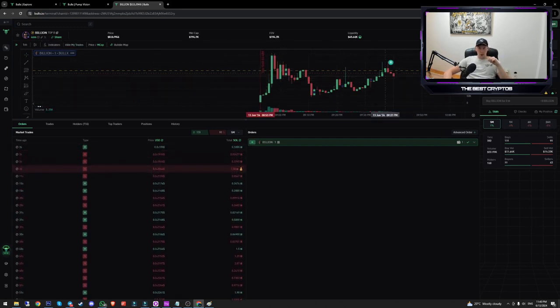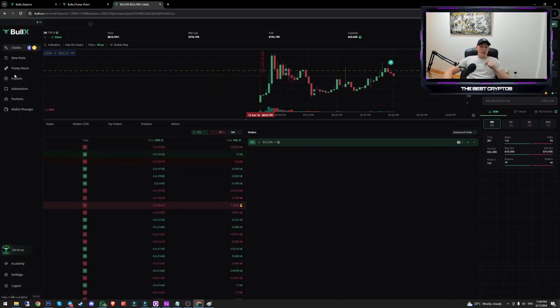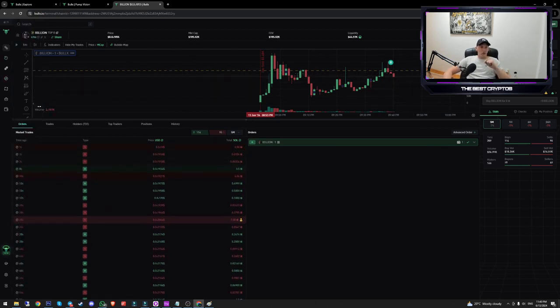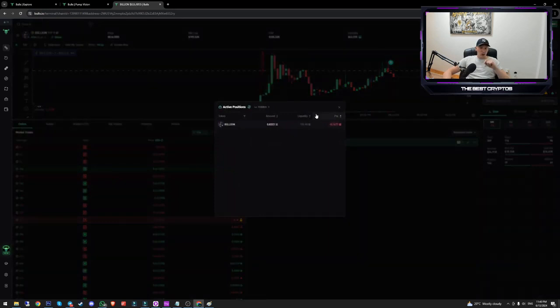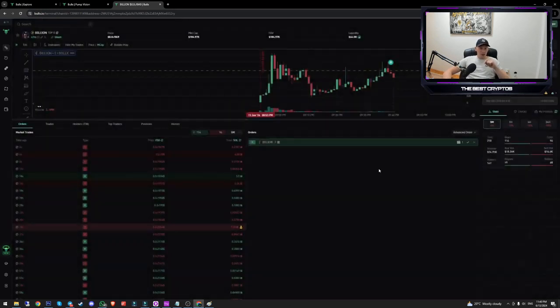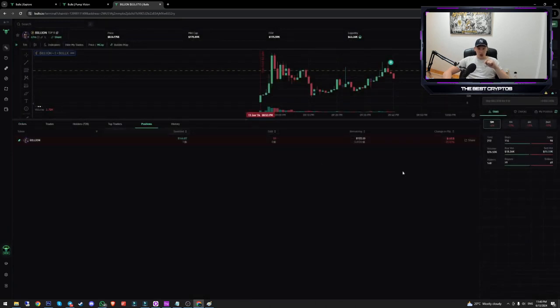As you can see, we are losing right now, and basically it doesn't matter. We are just doing a tutorial on how to actually trade, how to use this tool. Now, we just placed a trade and you can see all of your positions here. When you click on the position, it will tell you how much money you made, etc. Or you can head over to your positions here and it shows in dollars. So we are down like